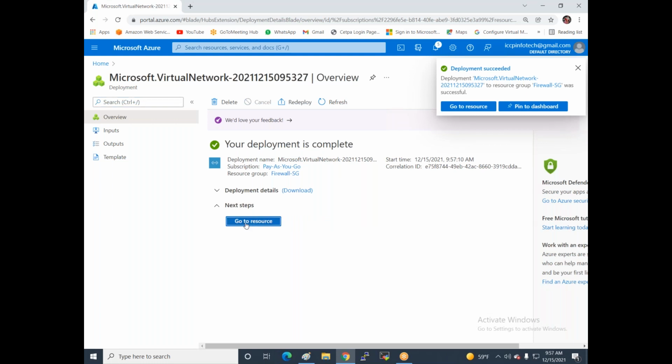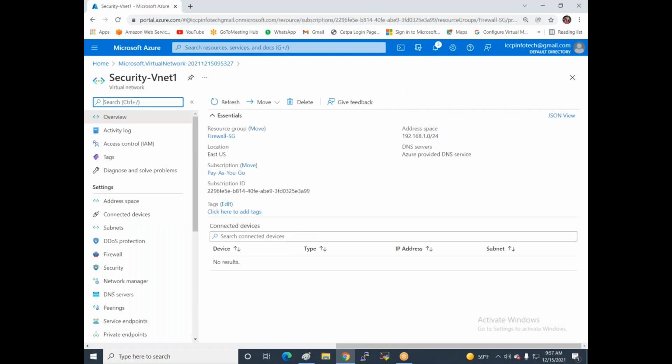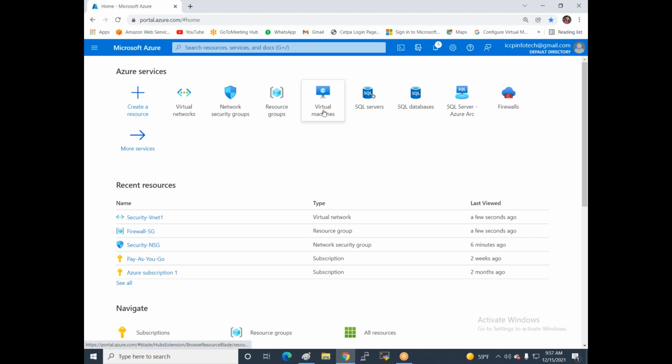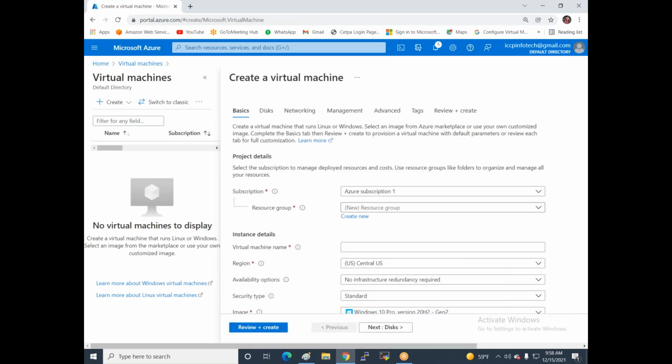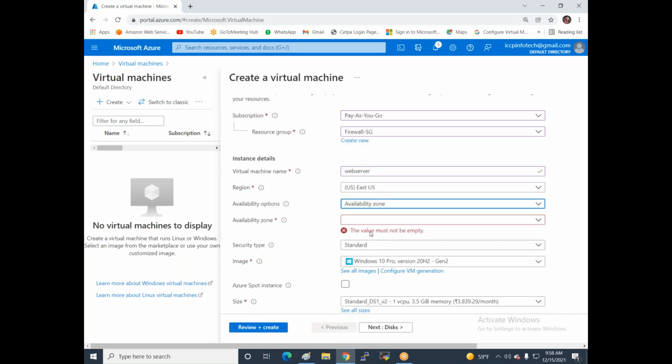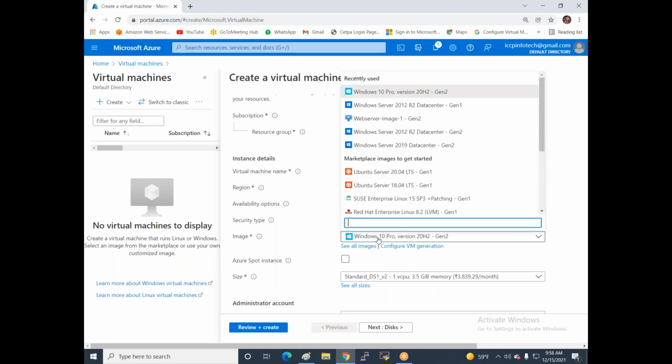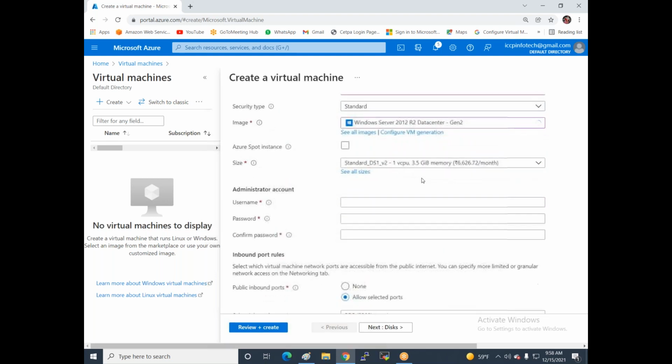So now my virtual network is ready. After that, I'm creating a new virtual machine. So I'm clicking on virtual machines and now clicking on create, and giving the name of the virtual machine. I give the name web server. In East US, I'm not using any zones. And now I'm using Windows Server 2012, with 1 CPU and 3.5 GB of RAM, and the username is ICCP and the password is